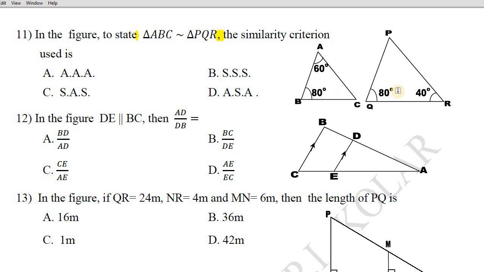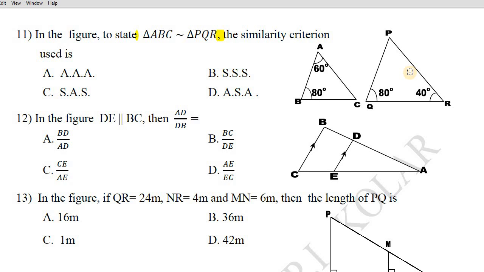It means here they have given two triangles and both are similar. We want to show it. So which criteria can be used? So observe the triangle ABC. In that, angle A is 60 degree, angle B is 80 degree. We don't know angle C. So you find angle C, children, by using angle sum property of a triangle. So 60 plus 80 is how much? That is 140 degree. Then angle C should be 40 degree, because in a triangle the sum of 3 angles should be 180 degree.